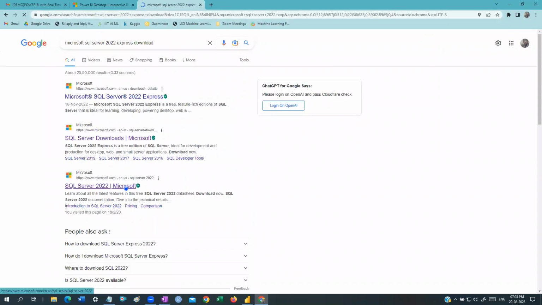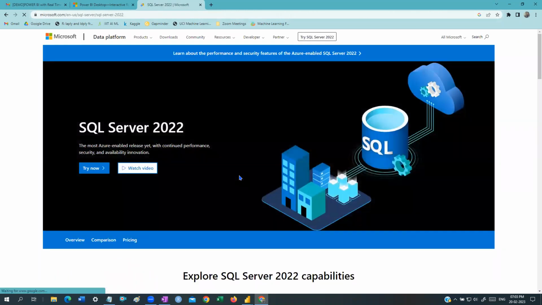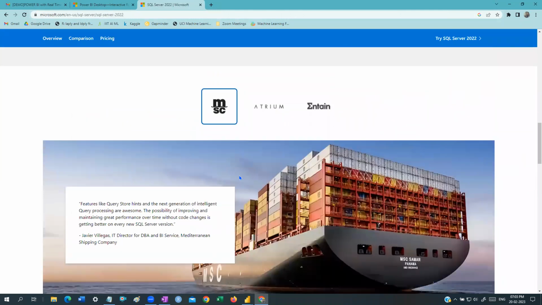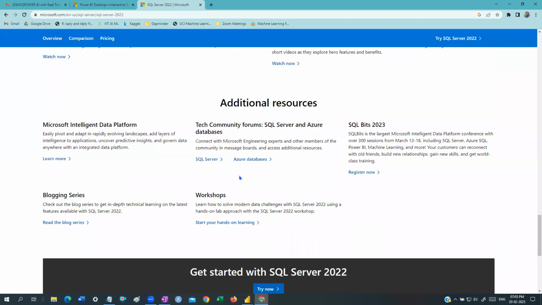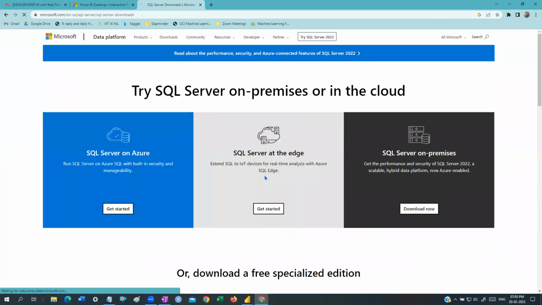Anyhow, don't download any software, guys, because maybe you may not be aware of what you are downloading. That's why I'll share the software from my side. You can just download that particular software. I already uploaded it to my Google Drive. I'll share you the link. You can just download it, guys.